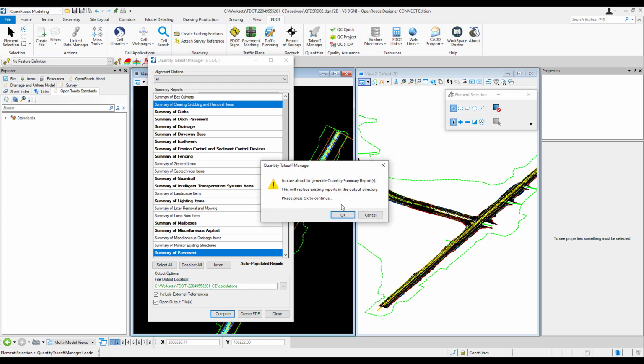Now when we click Compute, we'll always get this warning message. It's actually a warning and a reminder. Since the file names are preset, if you already have any summaries in your Calculations folder, this will overwrite them. If there's anything you need to move or rename and save, this is the last chance to do that before you might lose any previous data. For now, I know that I want to create both of these files, so I'll click OK.